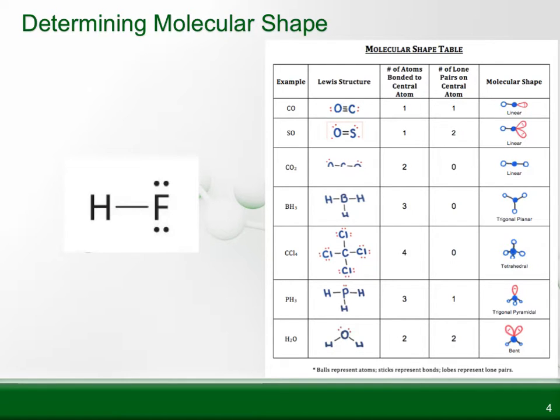Alright, in this example we've got H and F, hydrogen and a halogen, and we know typically they're not going to be center, either one of them. But we know without a doubt hydrogen will never be center because it doesn't even like lone pairs. So in this case we're going to pick fluorine as our center. And remember, typically what you're going to do is look at your electronegativity. It's the least electronegative element that is your center, except for hydrogen. Alright, so when we look at fluorine,